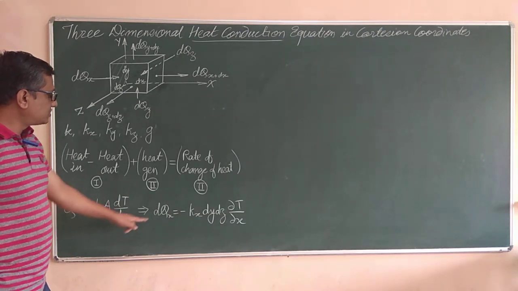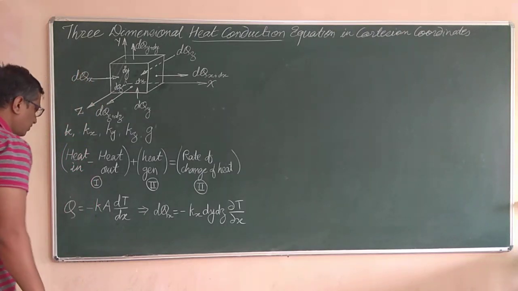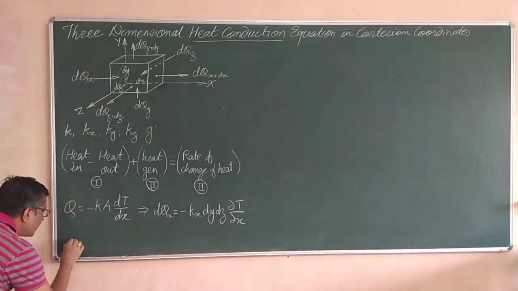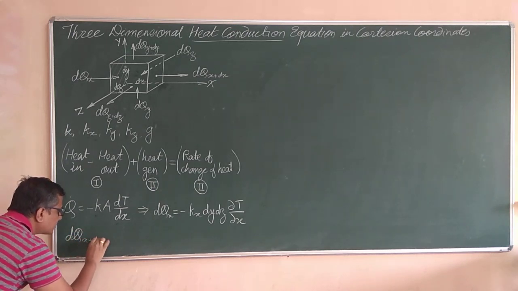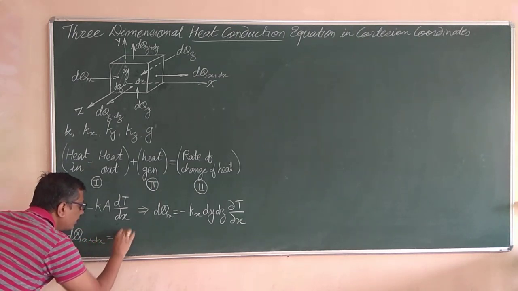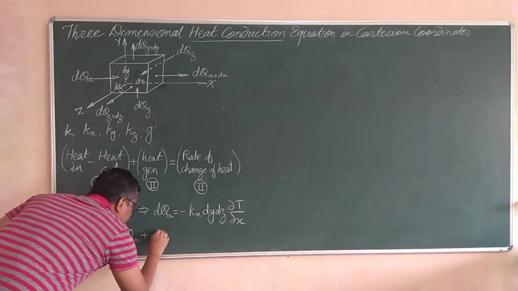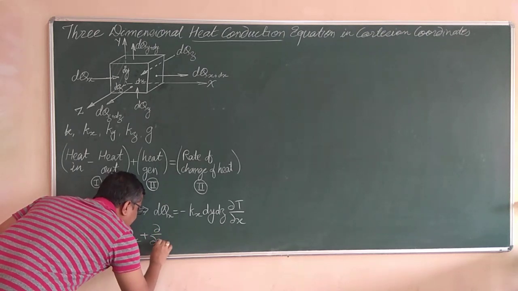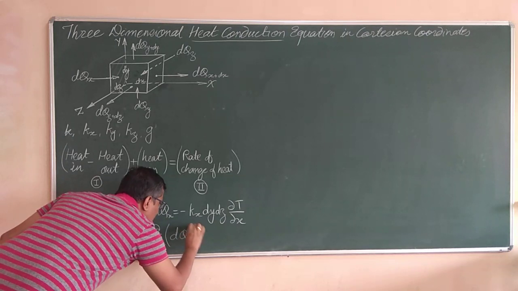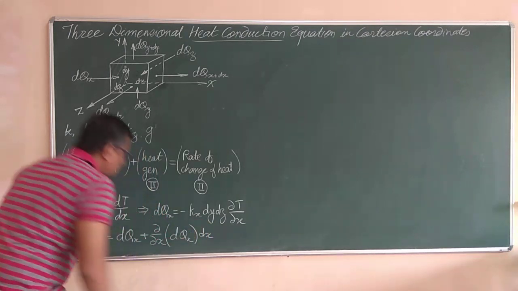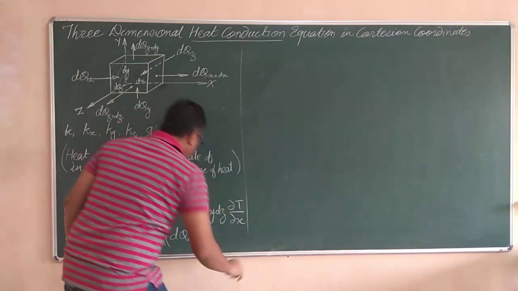Now I can get this dq(x+dx) in another way. Look at this, in what way I can take it down. We have seen this equation in an earlier standard. dq(x+dx) can be taken as equal to dqx plus ∂/∂x of dqx over the distance of dx. So this concept we have already seen in the earlier standard, so I will continue with this one.